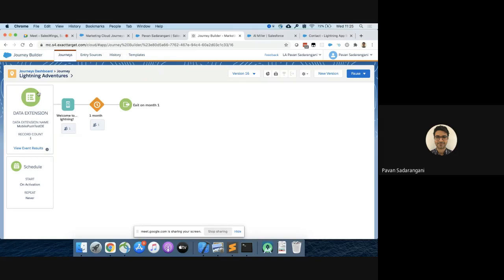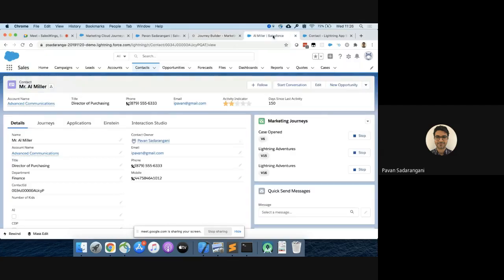It can be a data extension. It can be an API trigger. It can be cloud pages. Once customers are in that journey, you can go back into your Sales Cloud instance, and whenever the page is loaded, it's going to reach out to Marketing Cloud and ask, give me a list of all of the journeys this current customer is on. Then you're going to see a list of the current journeys this customer is in.